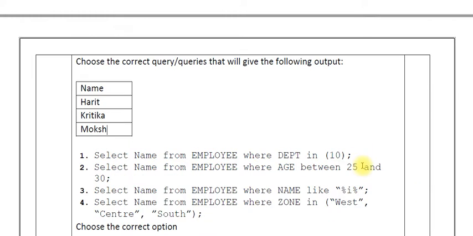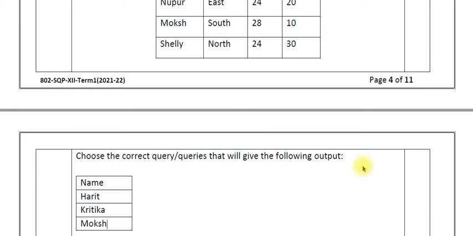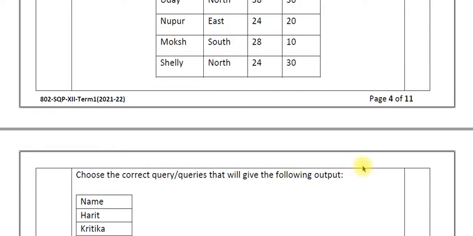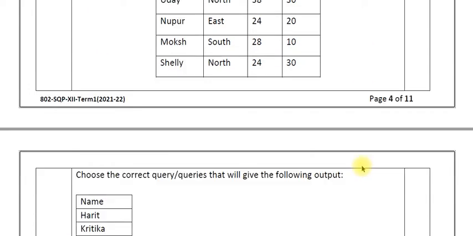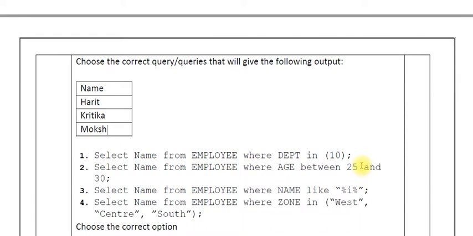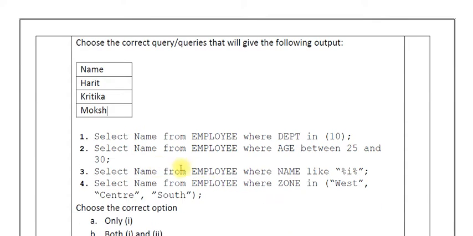So in this kind of questions we have to run all the queries to get the correct answer. Means we have to check if we are getting the correct answer from that or not. So just practice the queries at home by writing them.